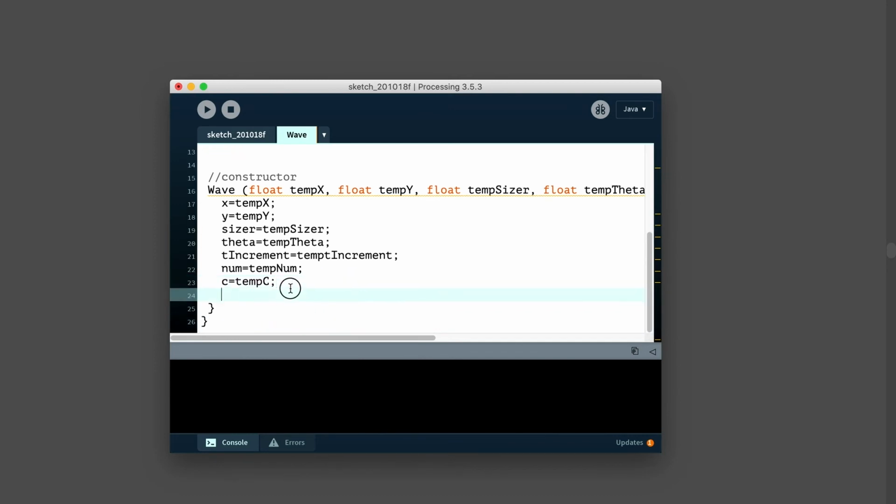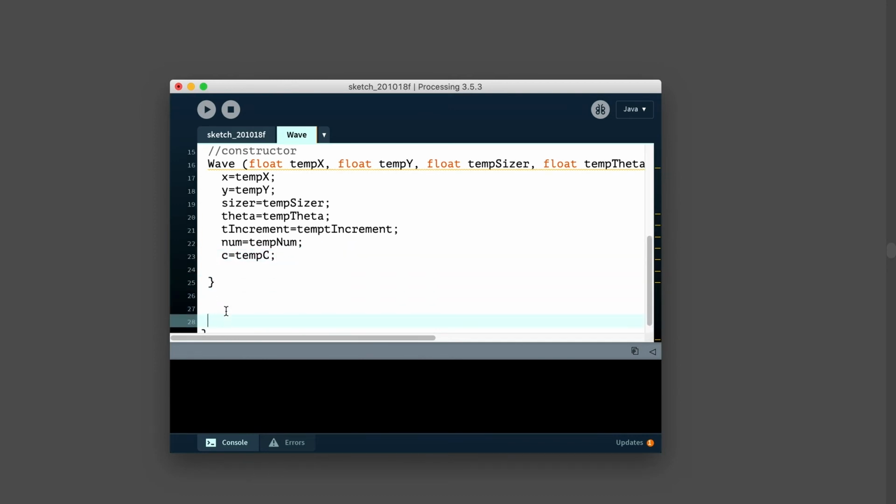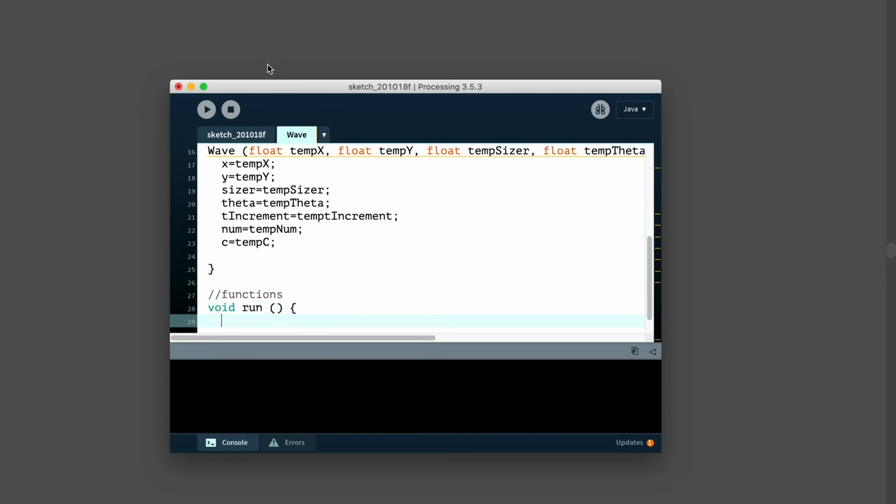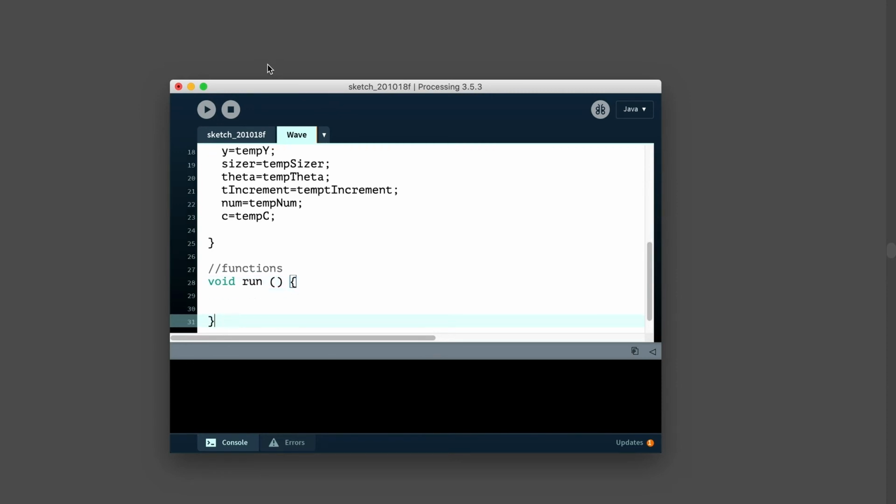Whew. All right, the last part is the functions, the methods. Okay, so in here, I'm just gonna have one function, just called run, and in this case, I guess I'll use a for loop here, and actually that makes me think, yeah, this is going to be a series of rectangles.